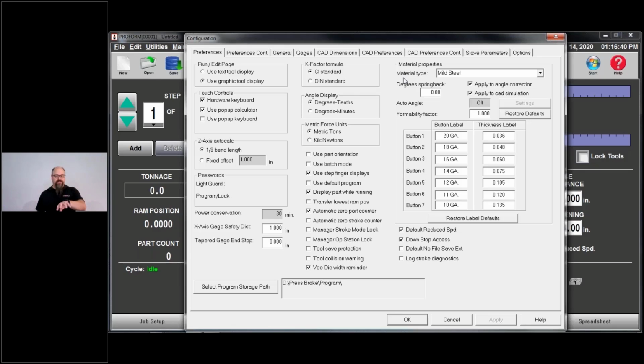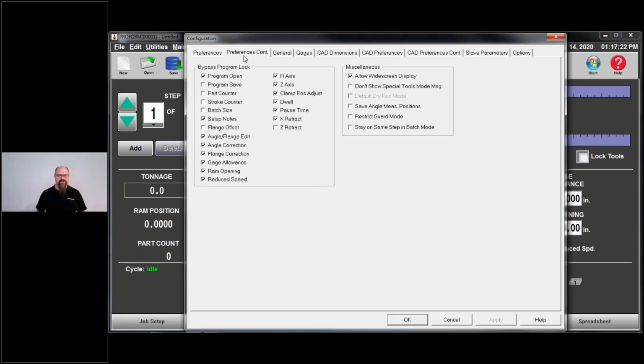Changes made in the offline software will not be reflected at the machine. Now, when we're writing programs, when I get up here to the CAD preferences, the preferences here will affect the program you create. But again, when it gets out to the actual floor onto the machine, the machine settings will override any settings that you have put in here. Okay, so preferences, again, not a whole lot that I'm going to go through here. These settings are going to be per user.